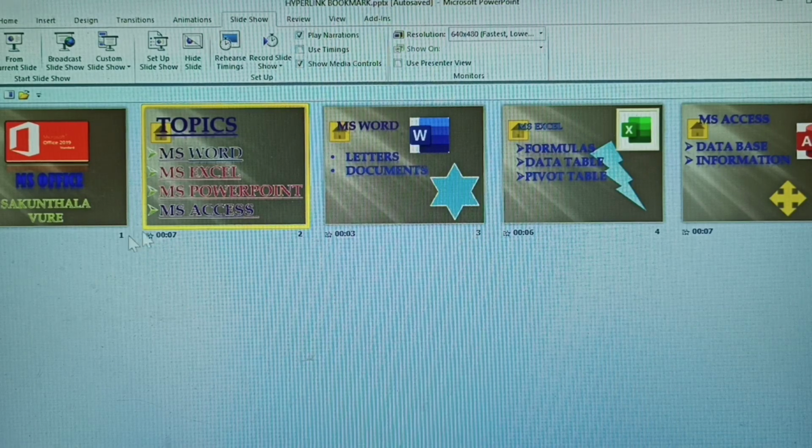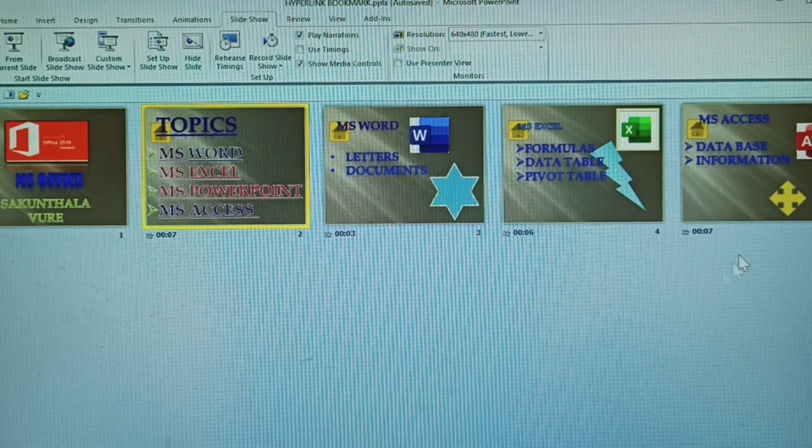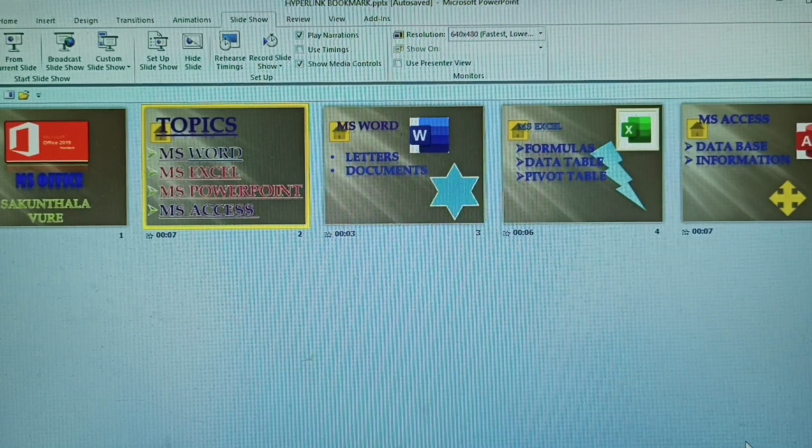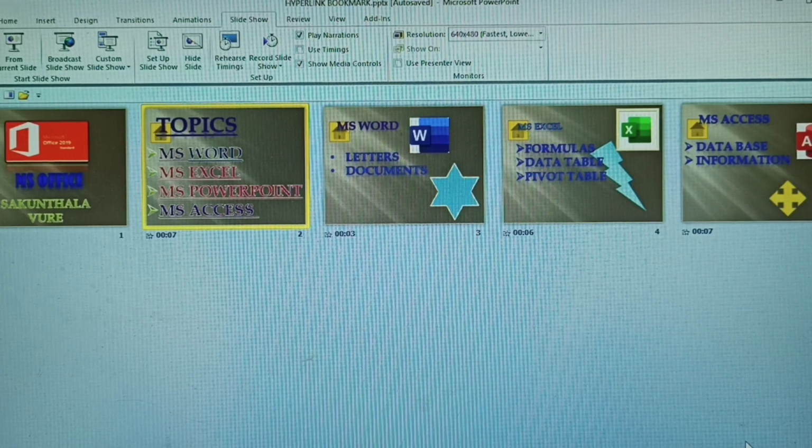You can modify the timings of the reference afterwards. Any time you use on the slide, depending on the slides and depending on the project, you give the timings slide by slide. So this is called rehearse timings.